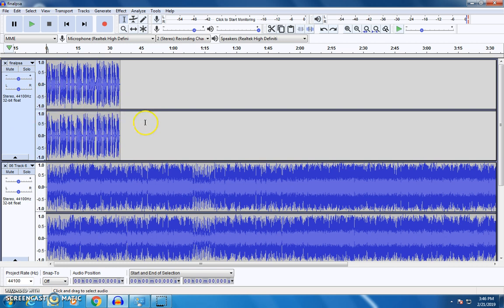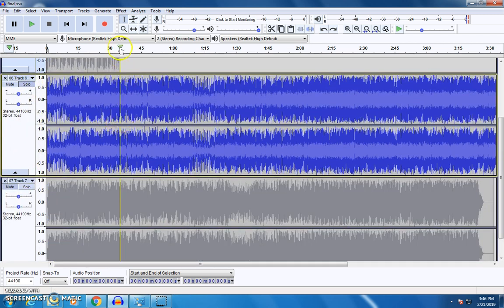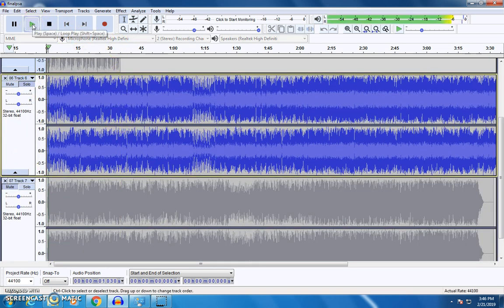One thing to learn in doing this is the idea of mute and solo. See the mute button and the solo button. Solo means I'm going to listen to just that track, and you see the others go gray, and now if I play it,